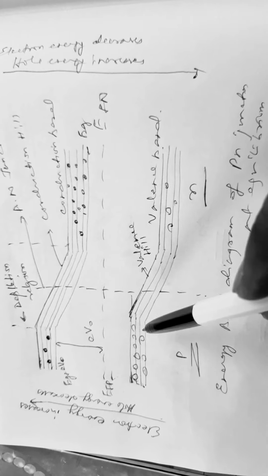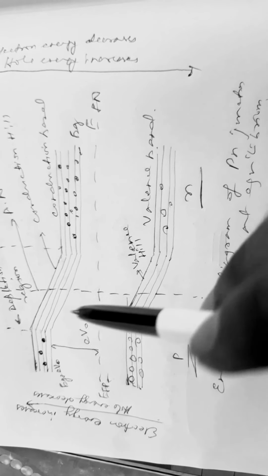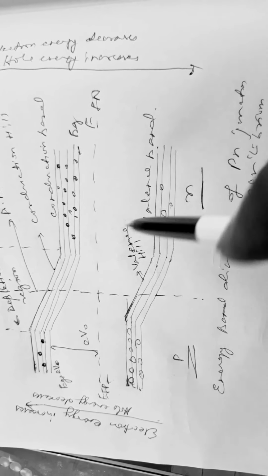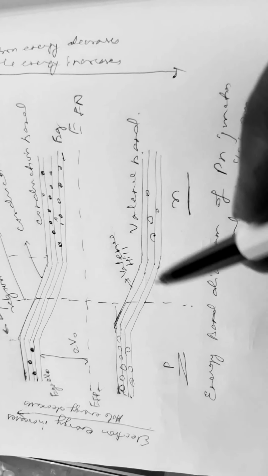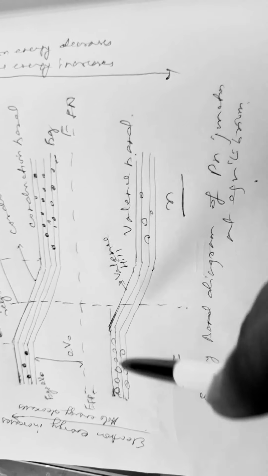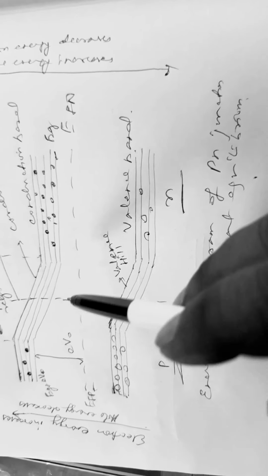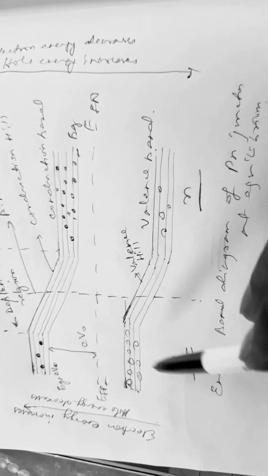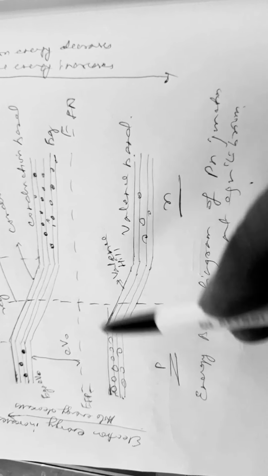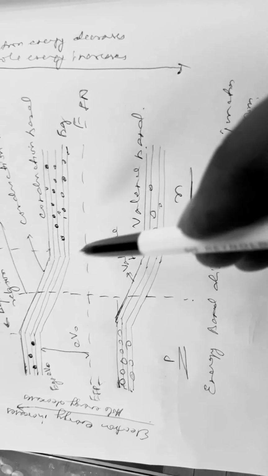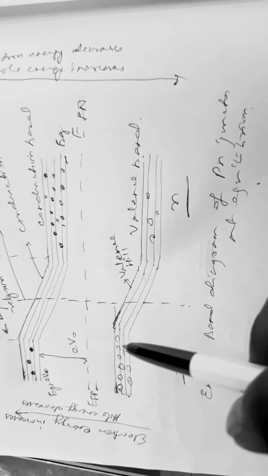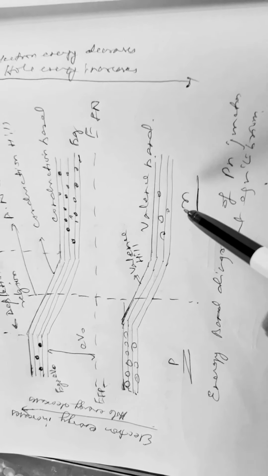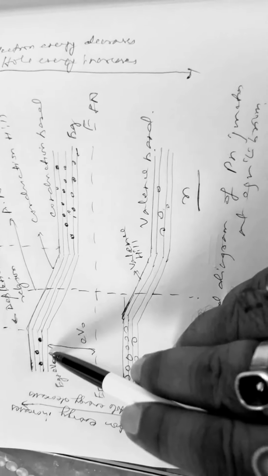Therefore, a narrow region around the junction is left with only immobile impurity atoms and neutral host. This is there in semiconductor physics also, but here we need to have an idea about this. The immobile ions, which are not diffusing, are negative on the p side and positive on the n side.